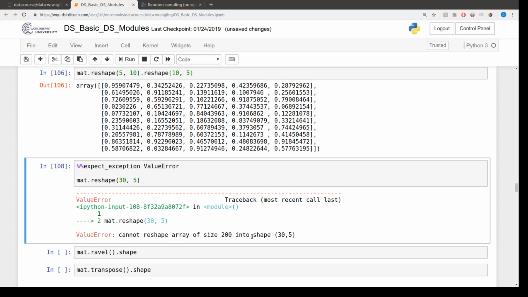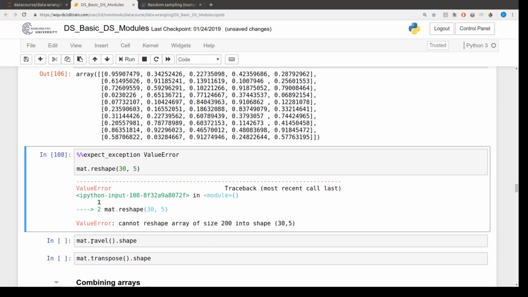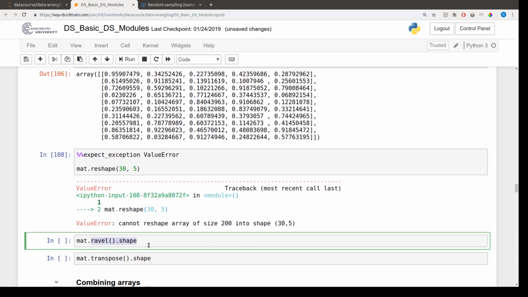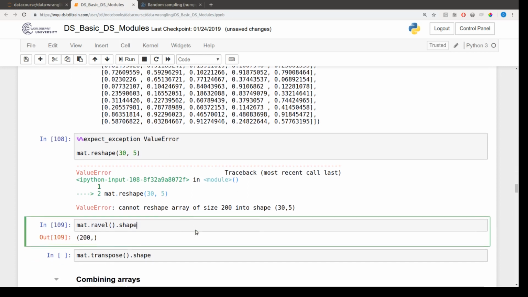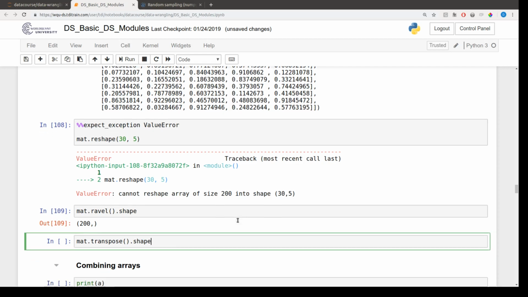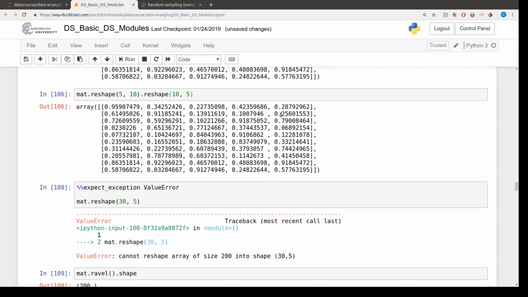There's a couple of other methods I want to highlight for reshaping arrays. One I already used, but didn't call it out at the time, which is ravel. That unravels an array into a single linear array, one-dimensional array, where we just have a linear sequence of all the elements in the array. So ravel unravels our array into one dimension. Another thing we can do to manipulate the shape is to transpose our array, where